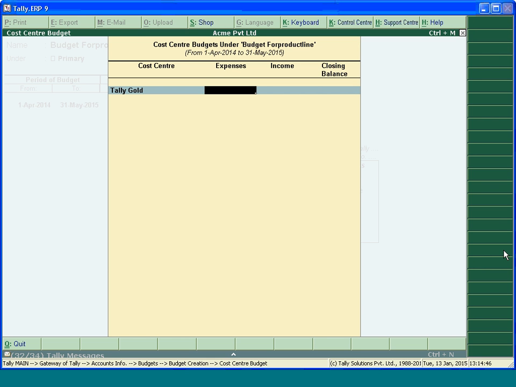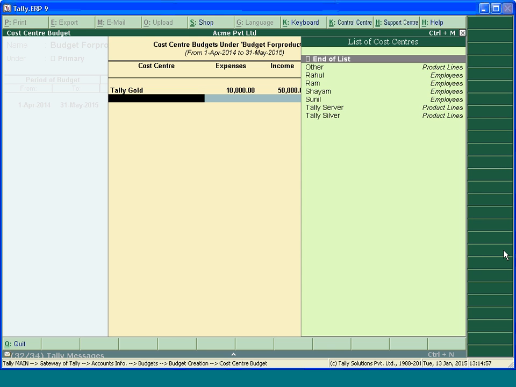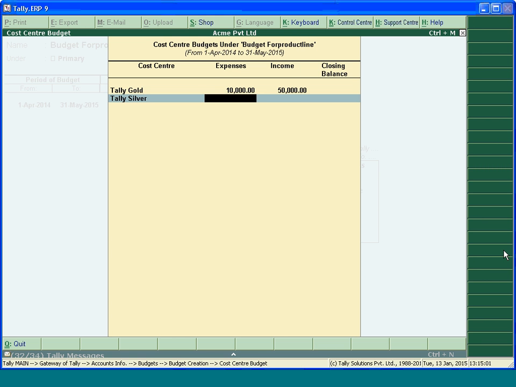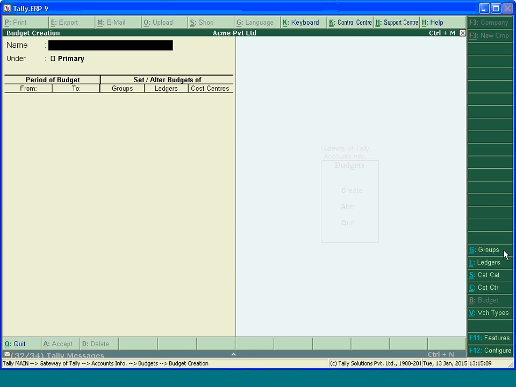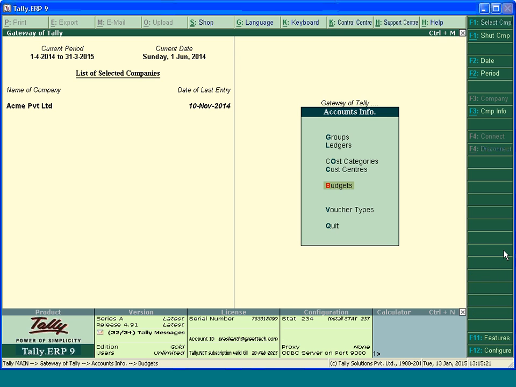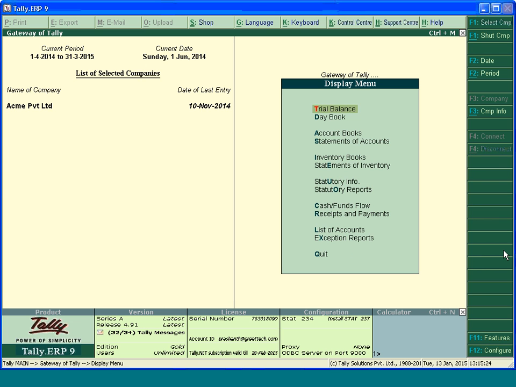Here we have an option to set cost centers, expenses amount, income amount, and closing balance. Similarly, Tally Silver, so budget is done with respect to the cost centers also. Let us see this and do a budget variance against these cost centers, comparing the expenses and incomes, which is already accounted. So we go display,